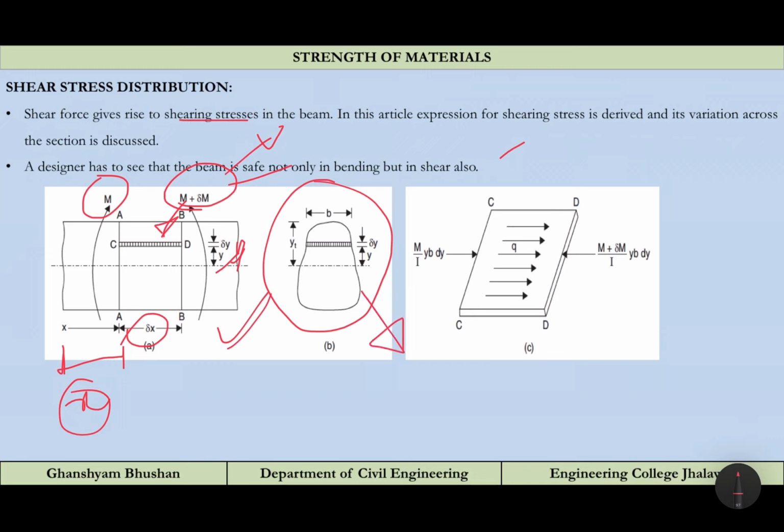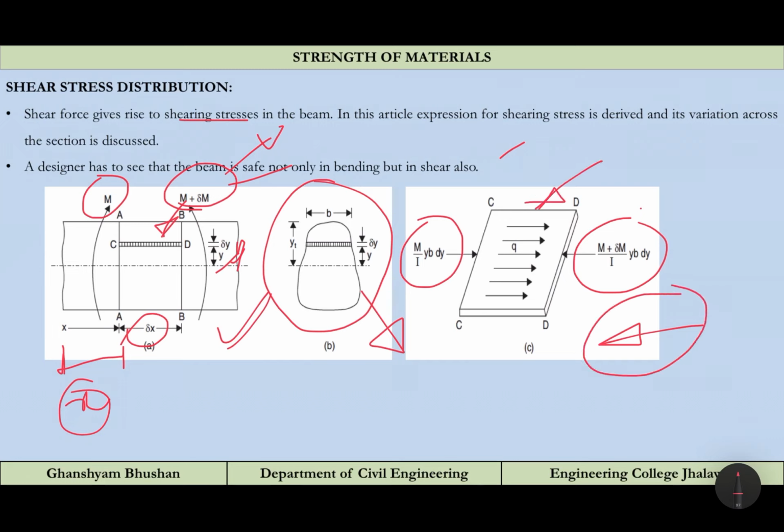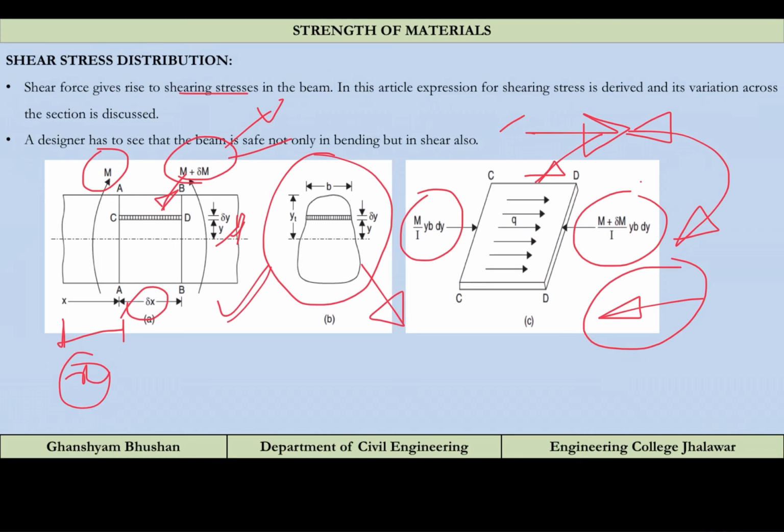So this is the front view and this is the side view. Now what we are going to see, due to this unbalanced bending moment, a shear stress has to develop to balance the stresses coming due to the bending moment. If you convert these moments into forces, a net force will act towards the left-hand side. To balance this force, a force will develop inside the beam in this direction, and these two forces have to be the same; only then are we going to achieve equilibrium.